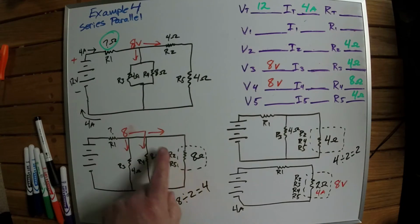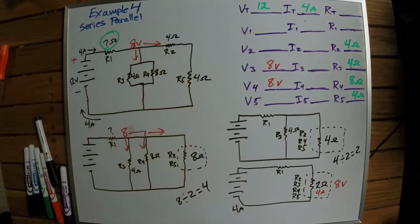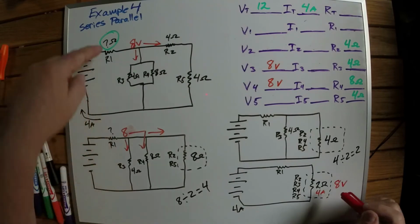These two are going to share the voltage. So these two right here, they're going to share the voltage. So I can't put 8 volts on each one of those yet. So that's R2 and R5. But what I can do is figure out how much voltage is left over to go on this